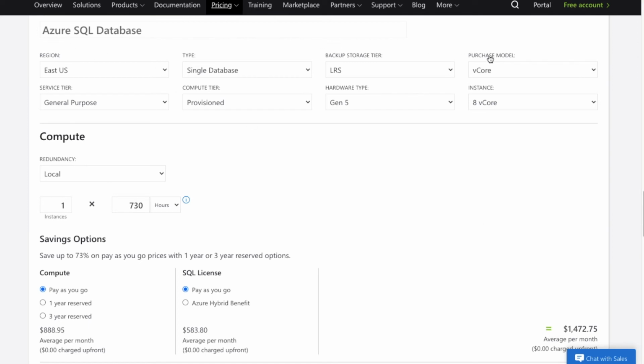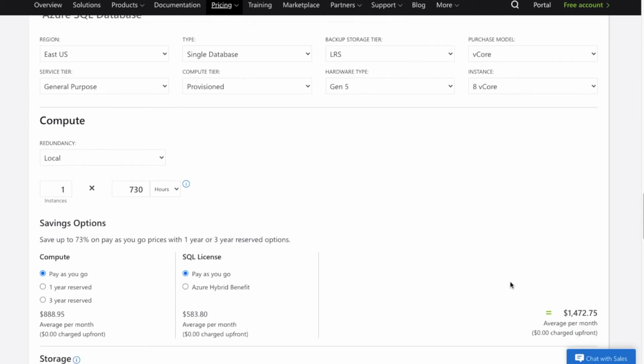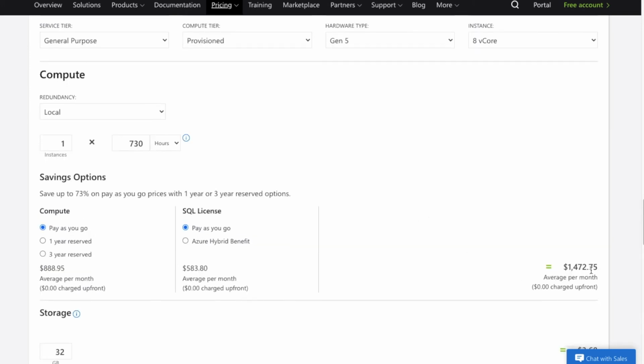Now in this pane we can modify the options according to our needs, according to our project requirements. The option below is compute. Compute is for the number of instances. Here also we can increase the number, and accordingly the price will increase.